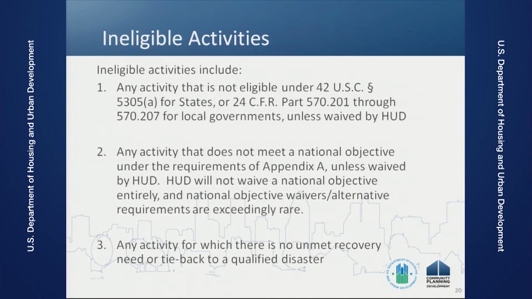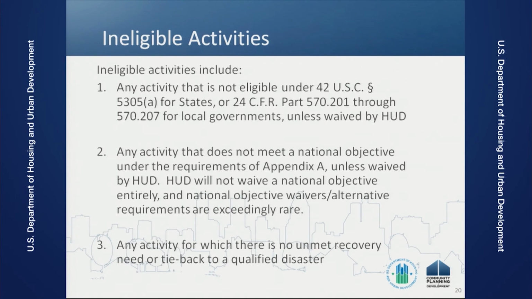There are additional ineligible activities described in the NDRC NOFA itself. In the past few slides, I touched on some of the waivers and alternative requirements located in Appendix A to the NDRC NOFA. Some of those waivers and alternative requirements described additional eligible activities, while some described activities that are not eligible for NDRC funding. The ineligible activities found in the NDRC NOFA include some of the following.